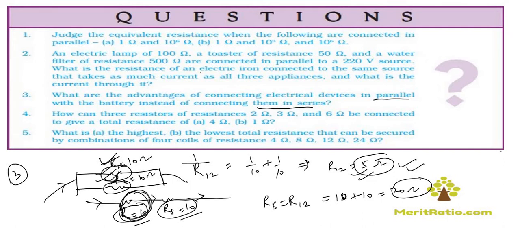The third point is that the equivalent resistance increases in series combination, which also results in loss of electrical energy, because we have to study the next topic, Joule's law of heating effect of electric current. As the value of equivalent resistance increases, the electrical energy that converts into heat energy. So this is another disadvantage if we connect the electrical appliances in series combination. That's why we prefer to connect all the electrical appliances in parallel combination.